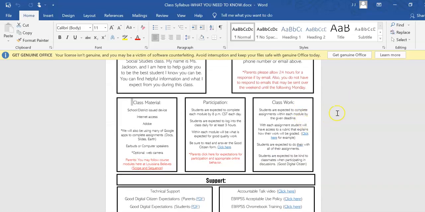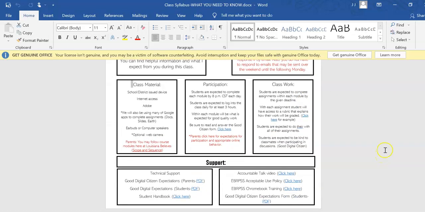And at the very bottom of it, I gave them a list of support resources